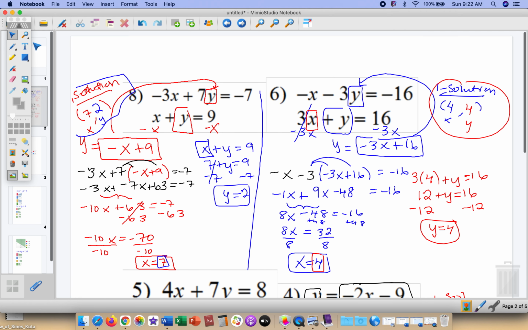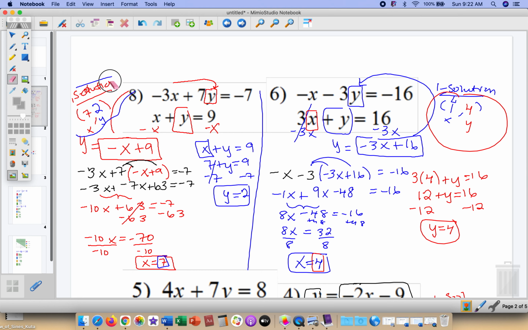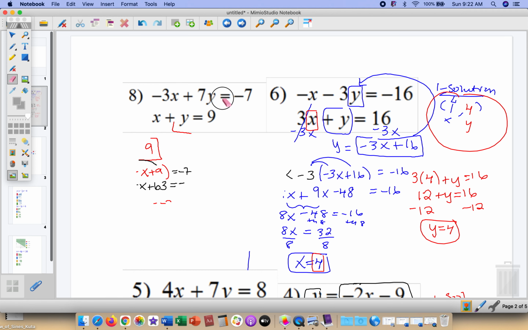Okay, so we did the first one, which says number 8, by substitution, but we can also practice elimination. So if I erase all of this and I do the problem using elimination,